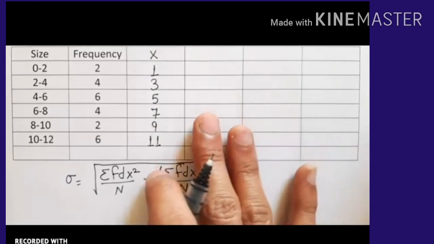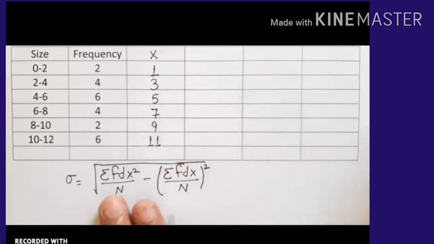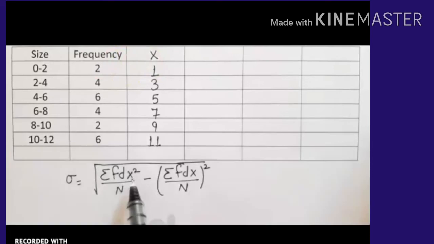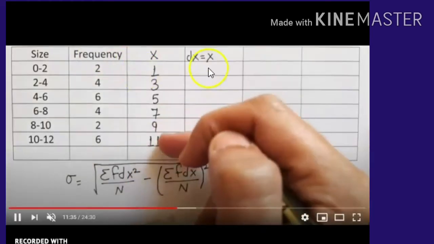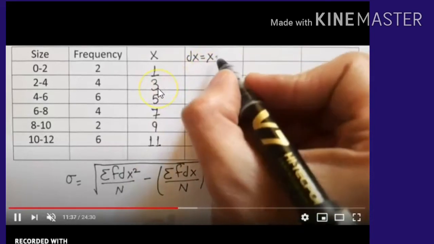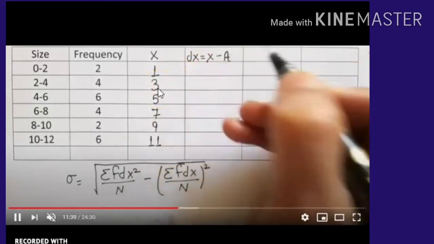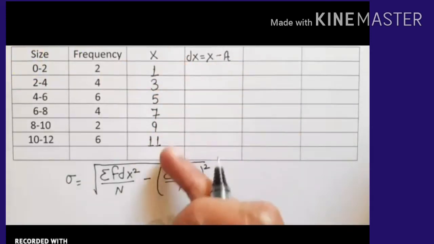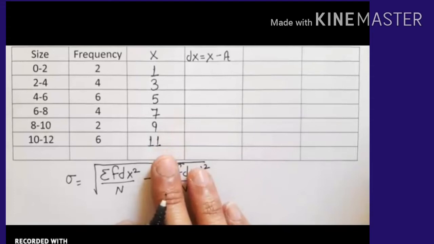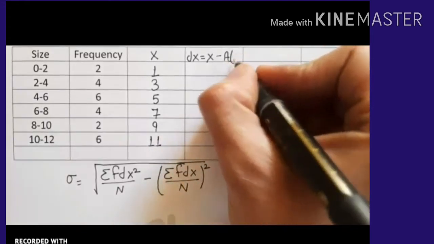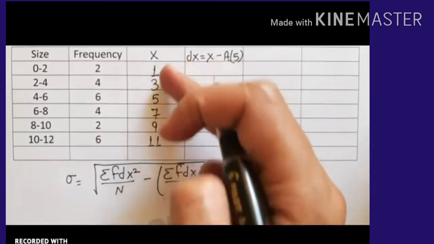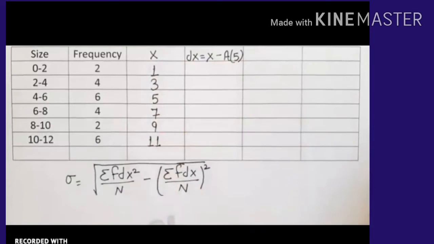So d is x minus a. You have to choose one assumed mean a from the x values, and then subtract it from each value of x, then find the answer. So it's x minus a. Choose one of the values, then solve. If we select the value as 5, we have to subtract 5 from each value, then write the answers.